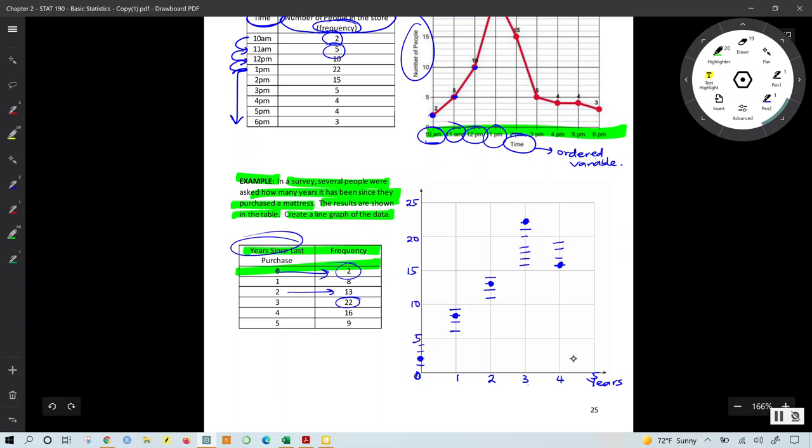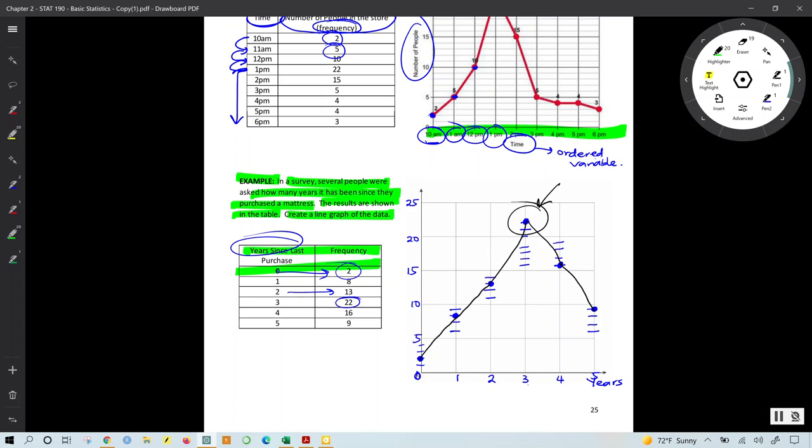And then for 5, it is 9. So you have 6, 7, 8, 9. So right here. So I can draw my line graph that way, this way, and then this way. And immediately, we can see that for most people, the number of years since they last purchased a mattress was